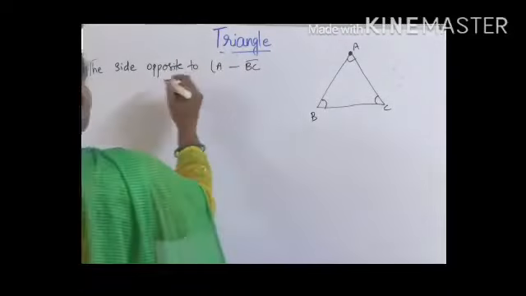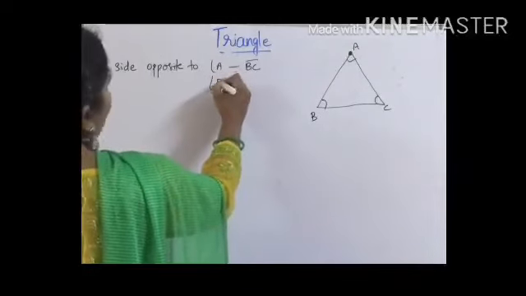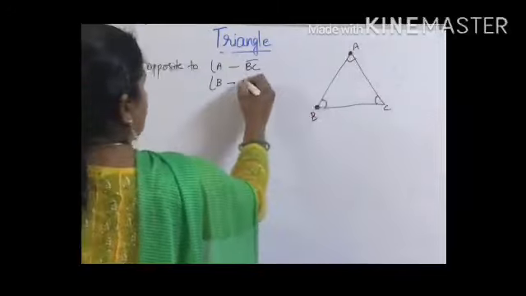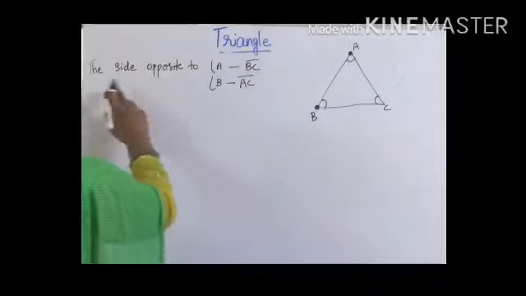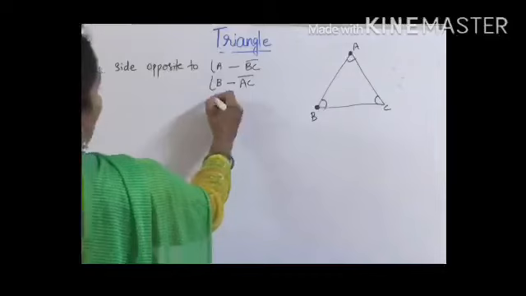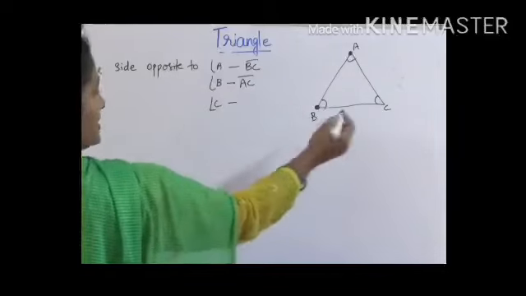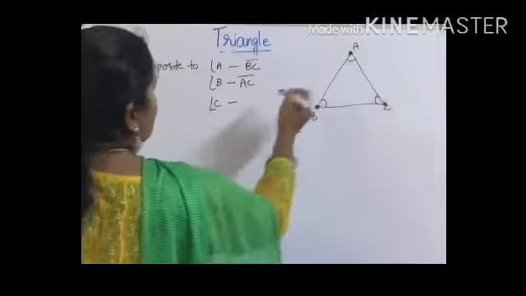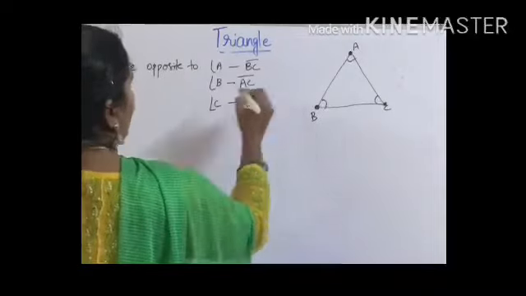Then what is the side opposite to angle B? This is the B, children. Opposite is what? AC. Okay. Next, what is the side opposite to angle C? What is the side opposite to angle C here? This is the C here. You see, this is AB. Okay. Now